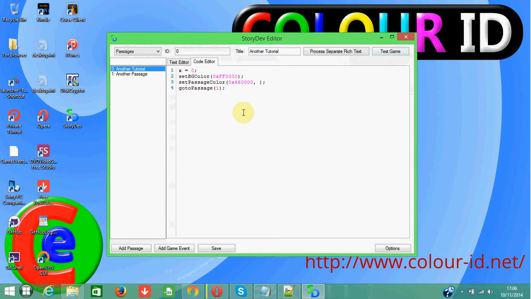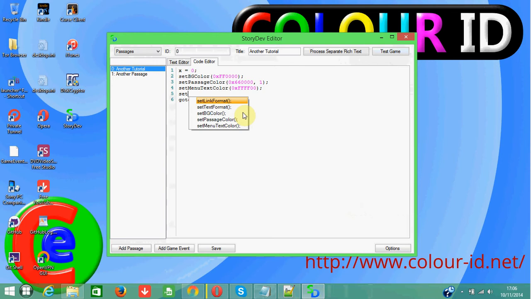There is also transparency for this, so what I'm going to do is put 1 there, so it'll be fully opaque instead of fully transparent. What I'm also going to do is set the menu text color, and I'm going to make this yellow. So I'm going to do 0 times FFFF00,